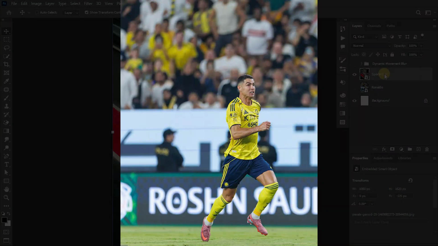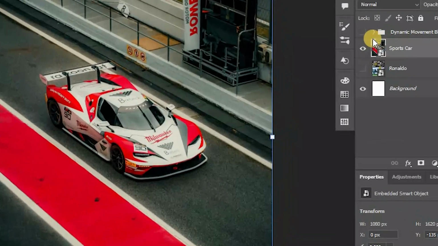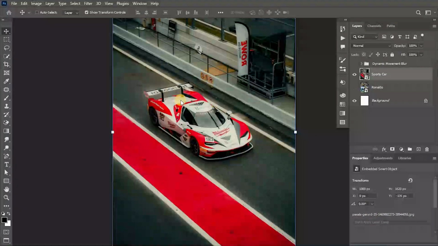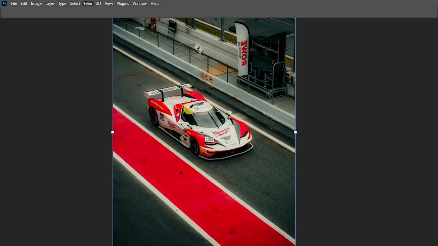Let's add speed to the images with the dynamic movement blur effect in Photoshop. Make sure the image you are working on is a smart object and shows some movement. First go to Filter, Blur Gallery, Path Blur, and it will open this new layout and a blue arrow in